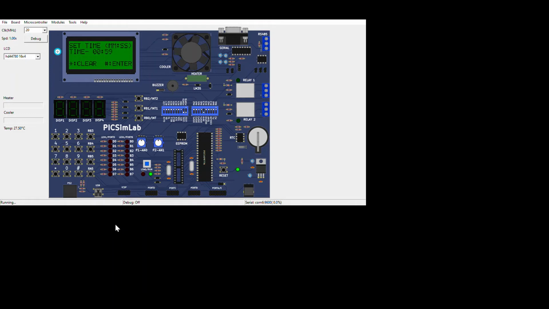Now, if I wish to clear the screen, I can click on the star and the screen will get clear. If I wish to proceed further, I can click on hash to enter. If we click on hash, the timer has started and we can see the fan running, which implies that the